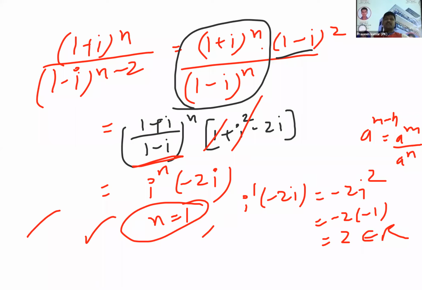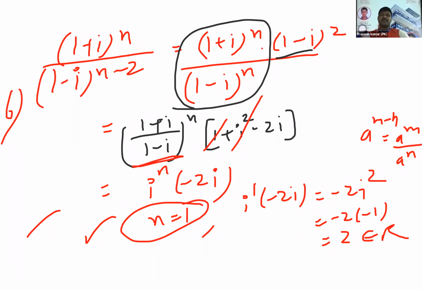N equal to 1. First example, n equal to 2 is wrong. What they are asking is, in place of n, what you substitute so that you get a real number. I substituted 1 in place of n, I got a real number. So the answer is 1. Don't write 2. This is question number 6. We don't want the real number, we want the value of n.